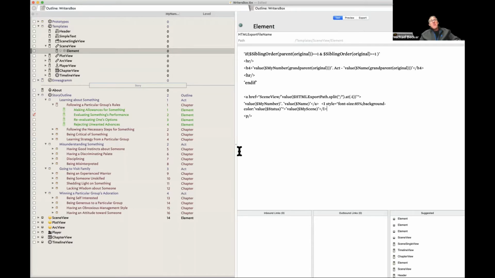And you'll note, for example, where he has the little caret, that's Shift 6 on your keyboard, and then you type value, parenthesis, name, parenthesis, caret. And that's essentially telling Tinderbox, with the note that you're currently processing, pull the attribute name and put it into the text. Similarly, pull my scene. And so that's how you're able to render that information.